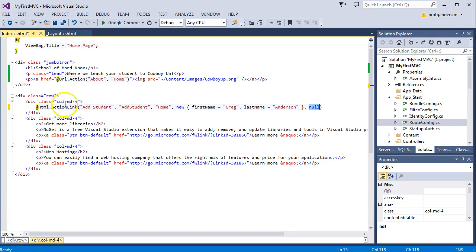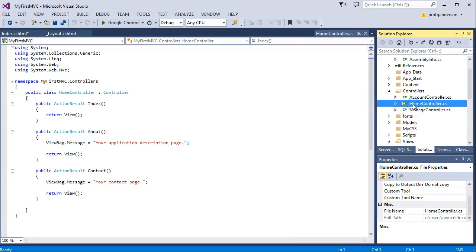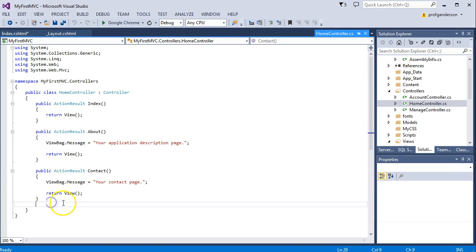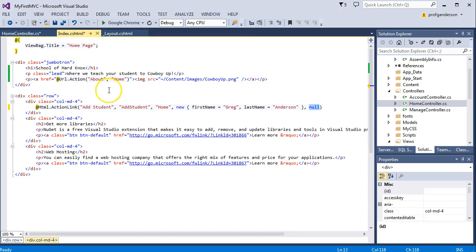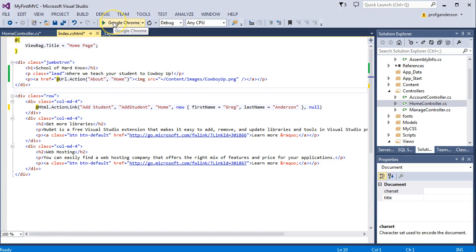In order to make this action link work, we need to go to our Home controller and add a new action method called AddStudent, and we're going to receive two parameters of type string, a first name and a last name. In this case, I'm just going to return a string concatenated with those parameters. And notice that that matches our return statement. So if I came back to our index and ran that,